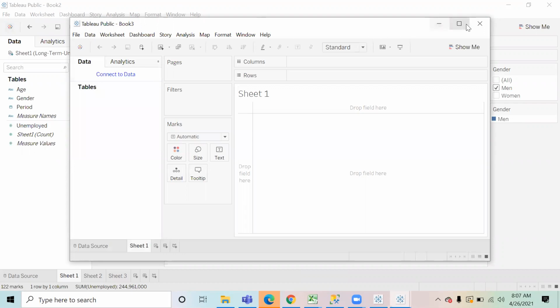This time, we are going to use another file, which I'm sharing with all of you: Sample Superstore. I guess you all might have it, but if not, I'm sharing that file again.